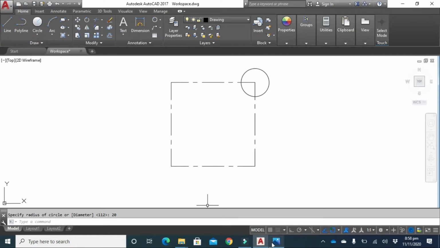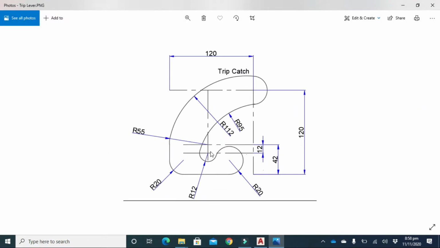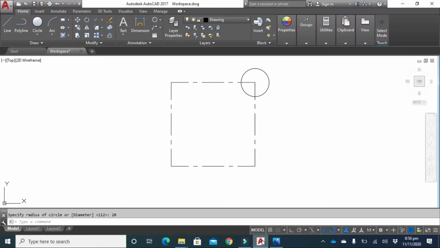Now what we have to do is to determine this center point. This distance, the x distance, is 55 and the y distance is 42. So we have to make an offset of 42 and 55. So type offset from your keyboard, OF, press enter, click through, select. What we have to do is to apply